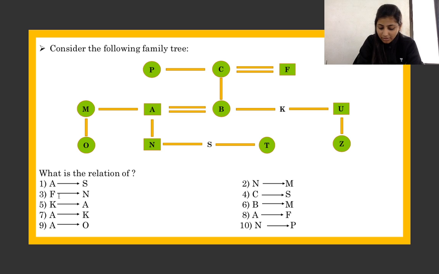Then F to N. F to N, F is the grandfather, correct. So maternal grandfather, okay, mother's father. And the other way around, it will be grandson. C to S, C is the grandmother of S, and S can be granddaughter or grandson. Next,